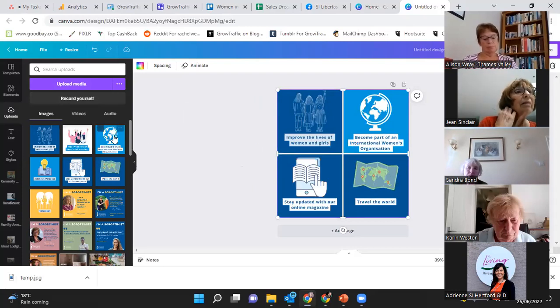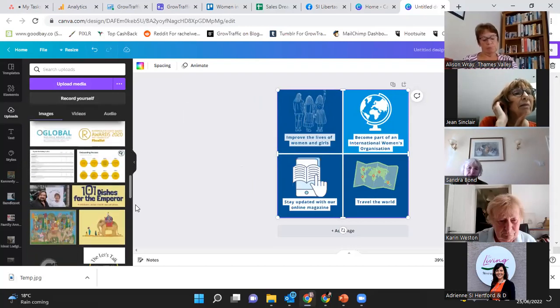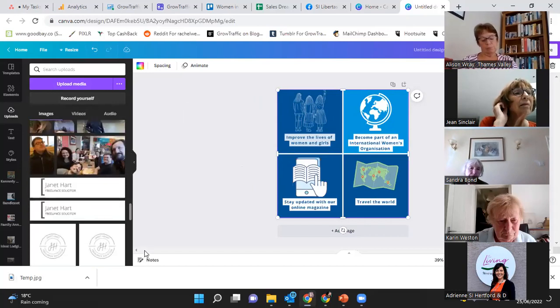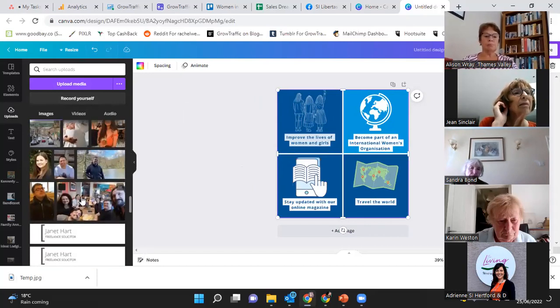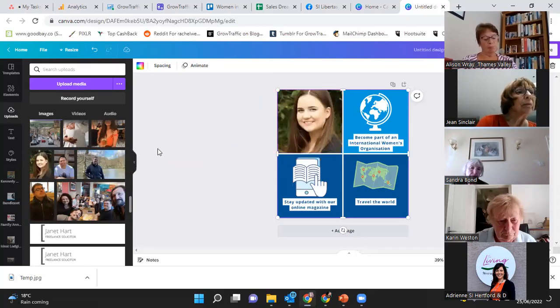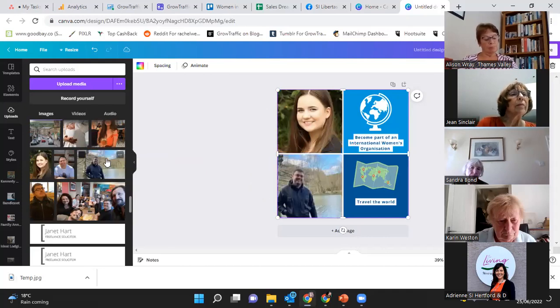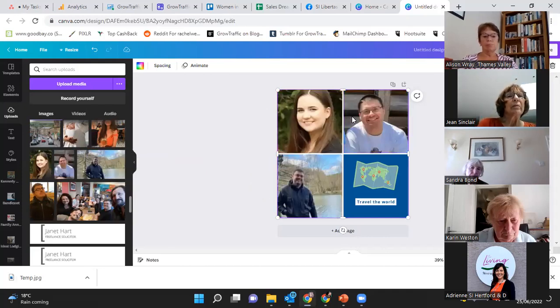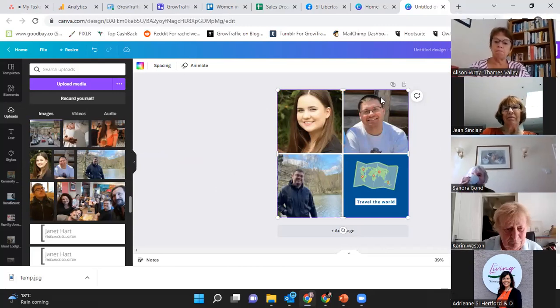And same, if you had photos of events potentially that we've been at. So here's some photos of the Grow Traffic team. I could create a post by, again, just dragging them over. Fantastic. Putting them on like that. So yeah, it's really, really easy. And the more you do it, the more you'll figure it out. But it's nowhere near as complicated as Adobe Photoshop or anything like that. It's really, really basic. It looks doable. Thanks, Rachel.